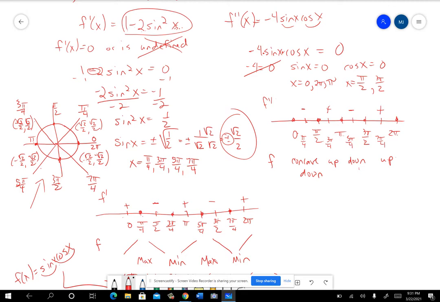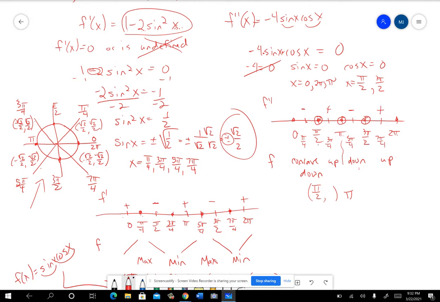All right, so that means it changes concavity here, and it changes concavity there, and it changes concavity there. Okay, so that means pi over 2 is going to be an inflection point. We'll find out what goes with it. Okay, 5 pi over 4, 3 pi over 4. Wait a minute. Concave up. Okay. All right, pi, sorry,